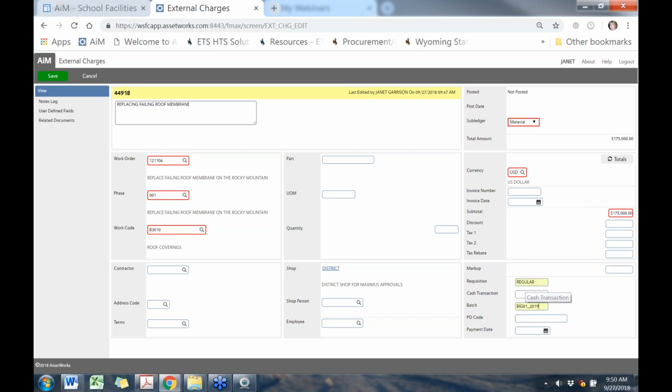into your external charge. I see some of these where regular might be misspelled, or the batch, they might put just 19. It has to be the 5-digit district, underscore, and then the year that the work was done. So, and then once you click on that, then you're going to click on your related documents,